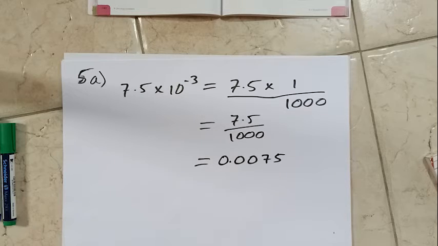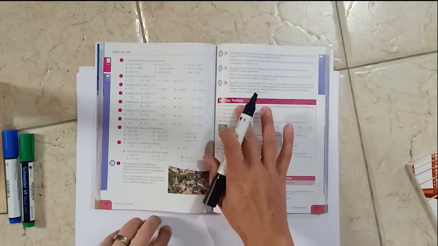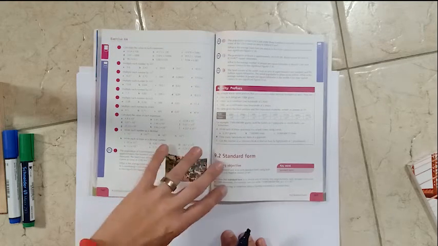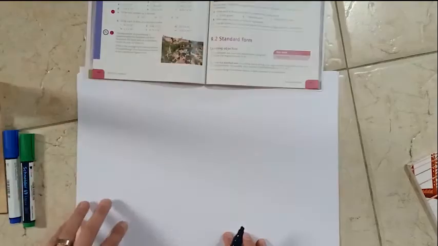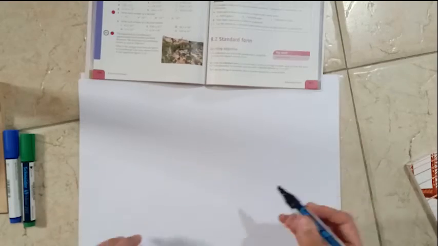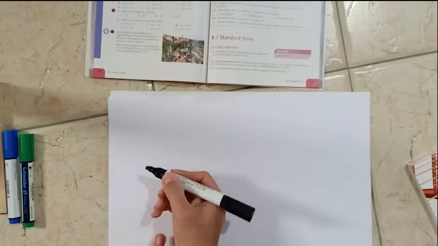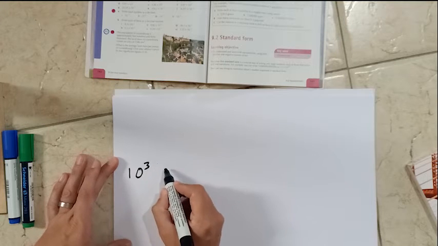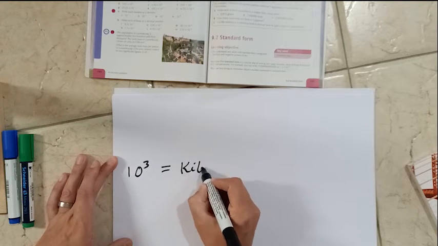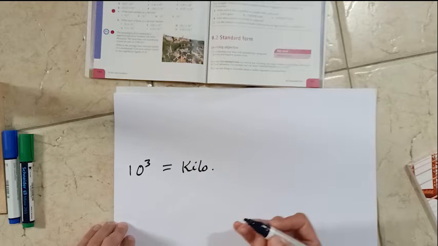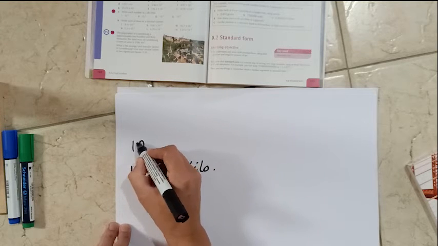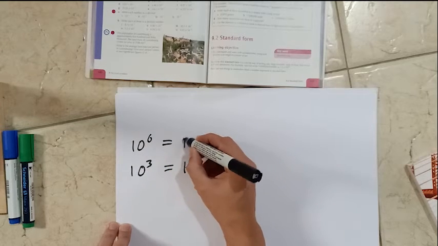Very straightforward, this one. And the extension task here, the activity for 9a, is the prefixes that we put on. And you would have heard of many of these. So we group them into threes. So let's start in the middle of the page here. 10 to the power of 3, we give the name kilo. You're familiar with that. Kilobyte, kilogram, kilowatt, kilometer. 10 to the 6, we call mega,